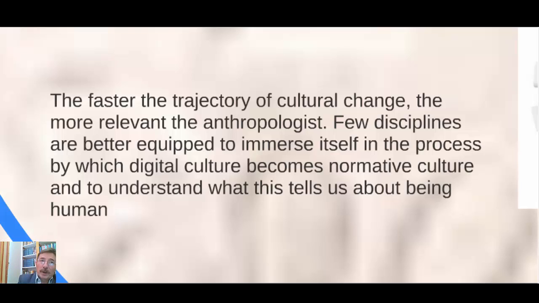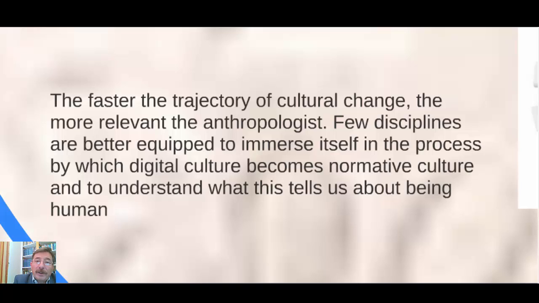This course, your exploration of anything that you might be interested in exploring this semester, is about understanding the process by which we make of that new technological space a normal space. In other words, part of a normative culture. And that's what we want to understand, because that's what helps us understand our nature.